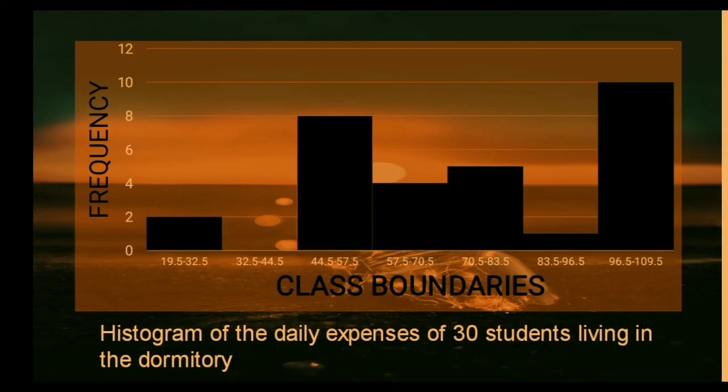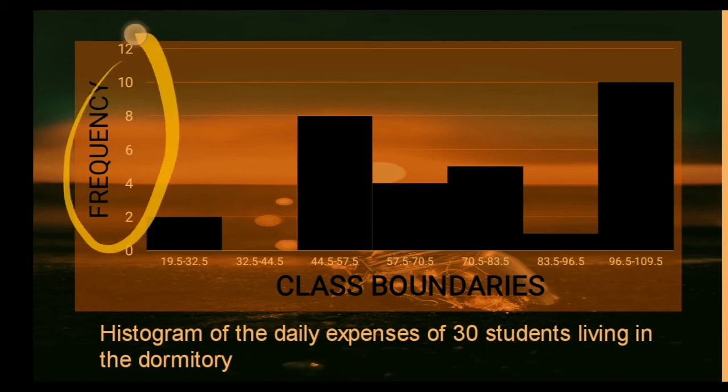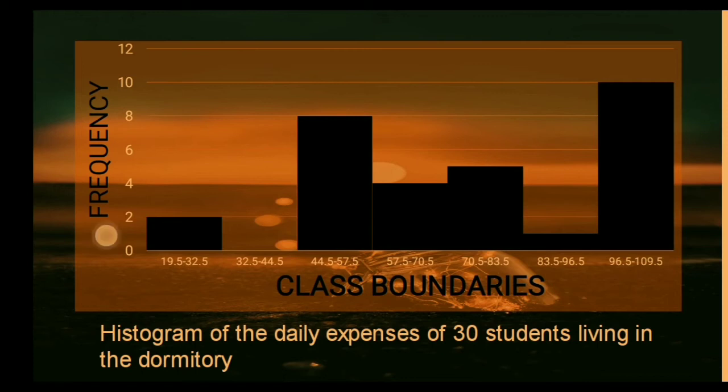This is the histogram of the daily expenses of 30 male students living in the dormitory. The y-axis is the frequency of the said data, which corresponds to the number of respondents. The frequency will be 2, 4, 6, 8, 10, and 12. The x-axis is the class boundaries, which correspond to the amount of money that is spent by a student per day. The class boundary will be